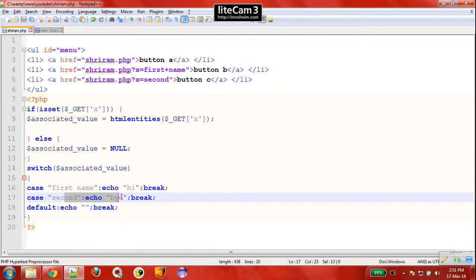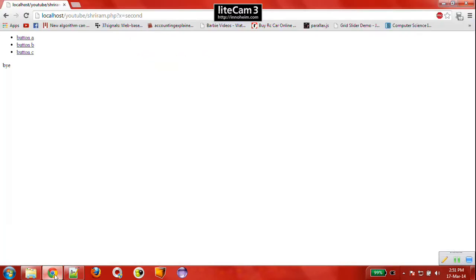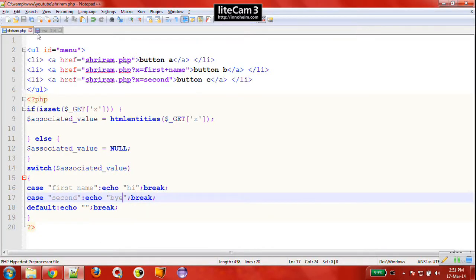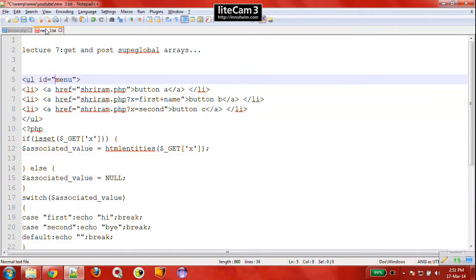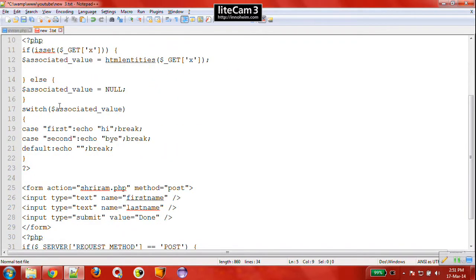So basically we are sending the request attached with the URL itself. The URL is sent to the server to load the website, and with the URL we are sending a request. For this we use the super global array $_GET, but when we need to send more information, then we generally use POST.